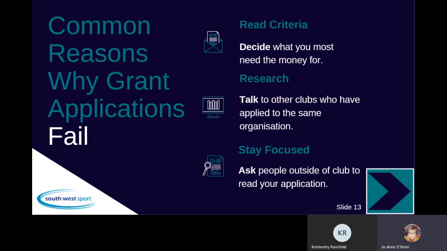We move on to the common reasons why a grant application will fail. Most of the time we sit back, we don't read the application, we don't research our application, and we don't stay focused. Generally, many grant applications fall over for not meeting the guidelines or the criteria. Generally, grant guidelines will have a checklist that you go back over to ensure that you have ticked off all the information that you need to provide. Some general areas that often need to be covered include